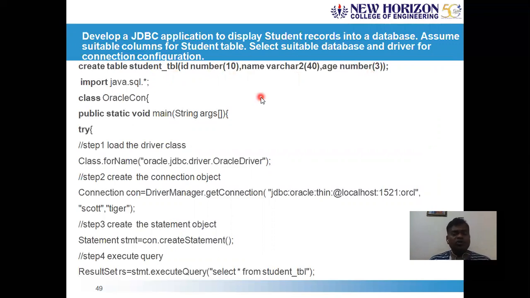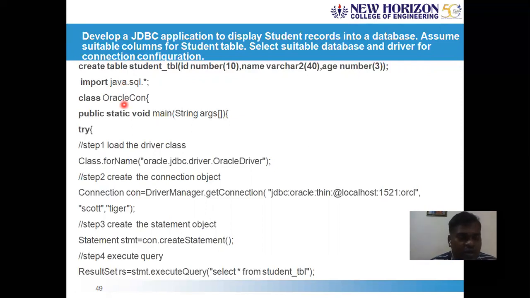Most JDBC-related programs will have import java.sql.*. You must import it, because many of your library functions throw SQLException. So you should have the complete SQL package in order to have access to these library functions, and also to handle the exception.